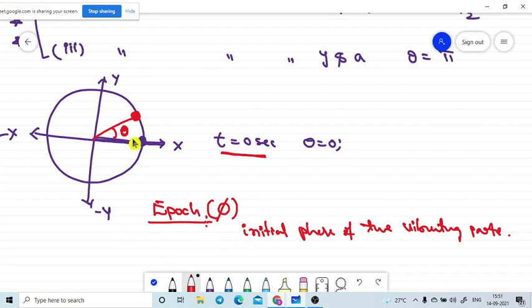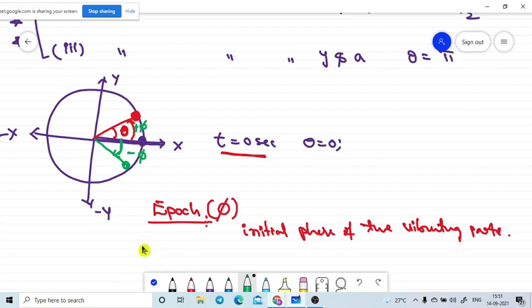If the particle is located here, then the phase is in this direction. So if the particle is located in the fourth quadrant like this, the initial phase may be like this. We need to go in this direction, then we need to show minus pi. Minus pi also we need to represent. It is the initial phase, no? It is the positive pi. It is the negative pi we need to show.